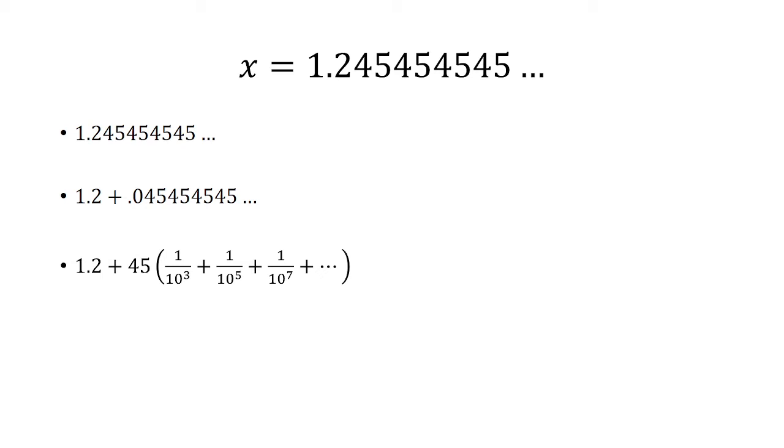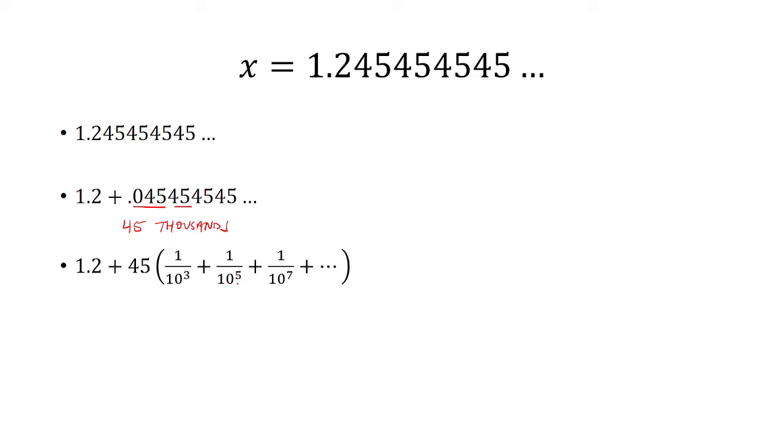And then for the first one here we have 0.045, that's 1 over 1000. So this is like 45 thousandths. Okay, so 45 thousandths is just 45 times 1 over 1000. And then for the next 45, you go 2 places over, which is the same thing as multiplying by 1 over 100. So it'll be